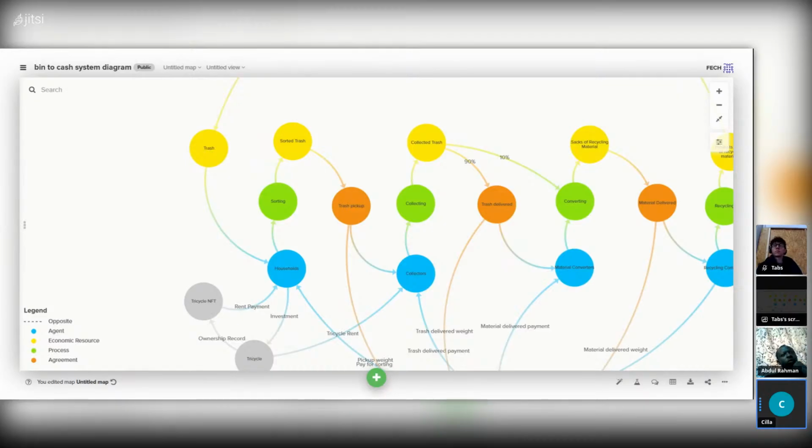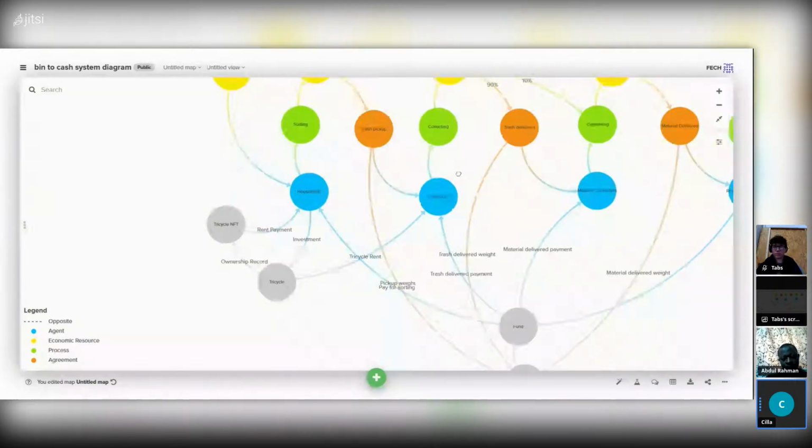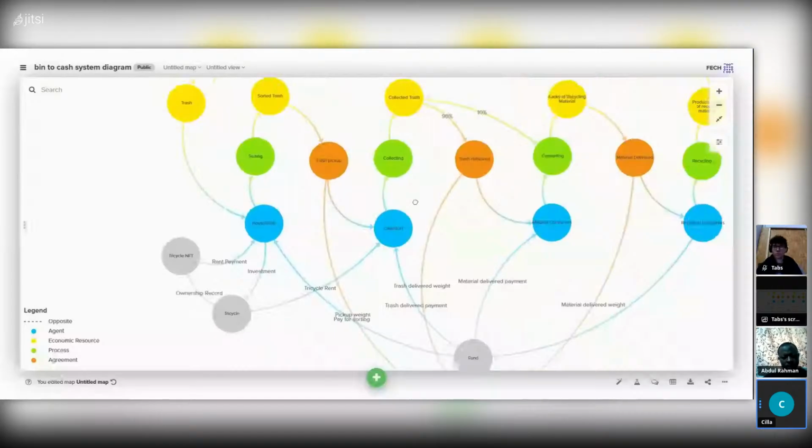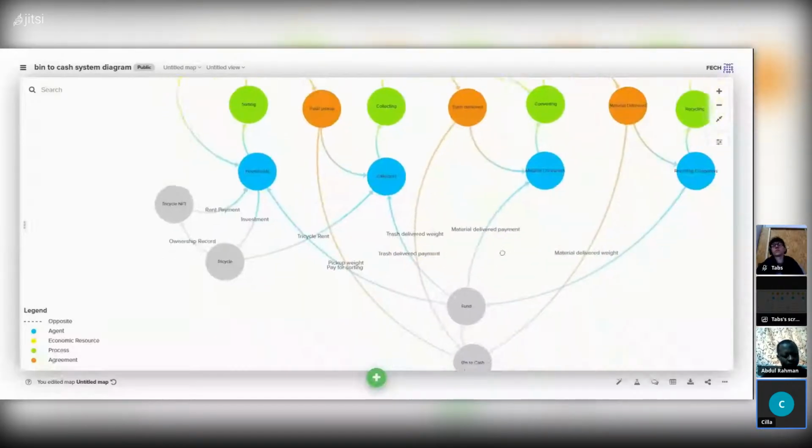So it's all about calculation. You just have to calculate. So you pay them for using the tricycle to work, for providing you the tricycle. The tricycle is for the collector, remember, not directly Bin to Cash. It depends. If Bin to Cash wants to provide that opportunity to households to invest, we're talking about investment here. It's all about economically bringing up